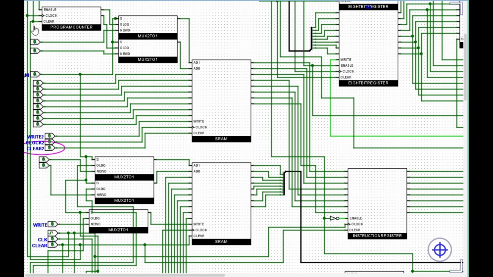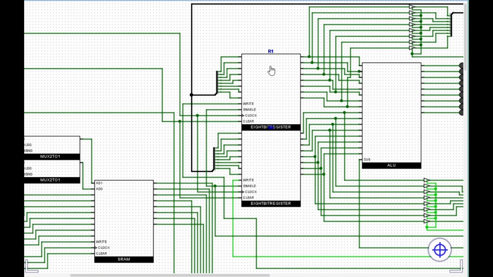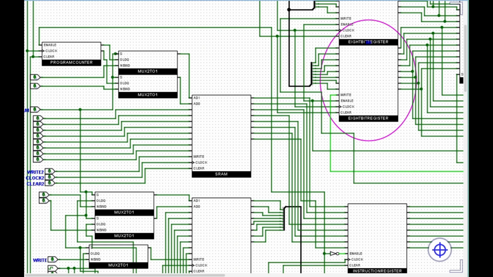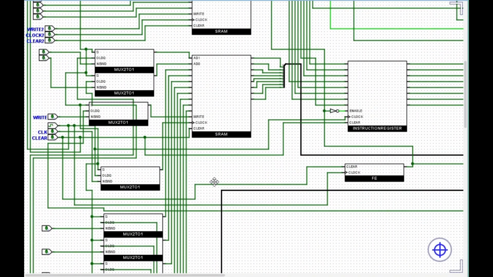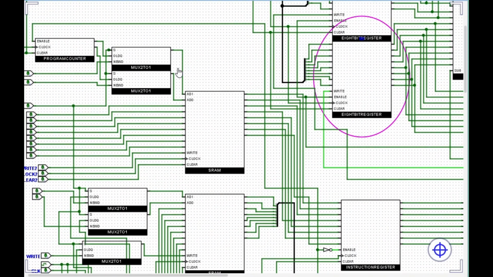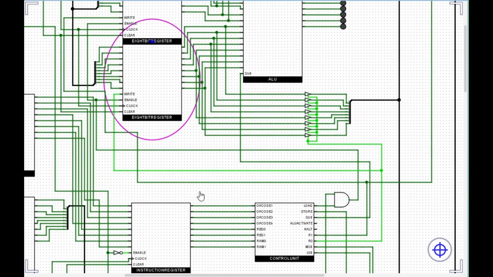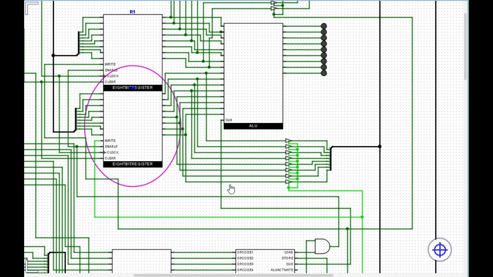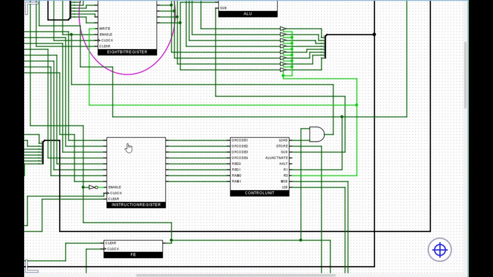Okay, let's start with something simple: 5 plus 5. So here I'll walk you through the commands. So the opcode for load, right? These are the two 8-bit registers that feed into the ALU. And over here is the programming section, and then clear buttons, and this is the data programming. So there's two different RAMs. This is the instruction RAM and the data RAM. The data RAM feeds into these two registers, which feed into the ALU, but the instruction RAM feeds into the